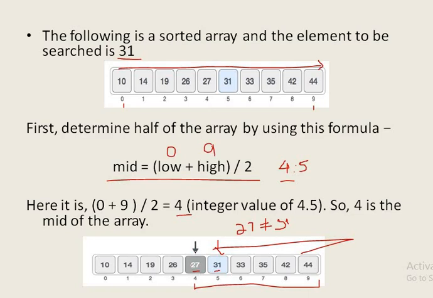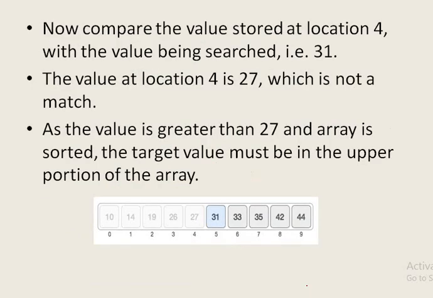So, in order to change the index values, now we have to change the value of low to mid plus 1. That is, the low and high values are to be modified in some cases. Here, the low value is to be modified because the elements are to be compared from the next position onwards. That is why we have to change the value of low here. So, the low value will become 5 in the next iteration and high value remains the same. So, let us proceed. Now, we will start from 5 to